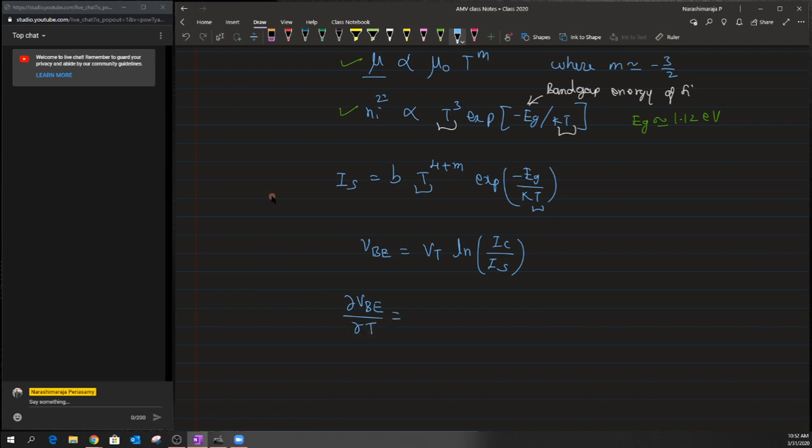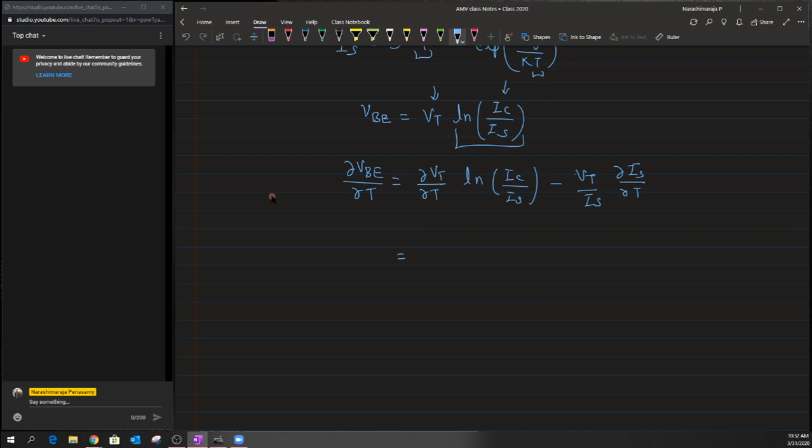When we do so, the Vt is a term that depends on the temperature. So we have something like dou Vt by dou T times this IC by IS term, minus, I forgot the name, product differential rule or something like that, right. Because even this term is dependent on the temperature, I have this Vt, and when we take a derivative on this particular expression, we end up having this Is being thrown away, with one over Is times dou Is by dou T. Now that we have two terms,